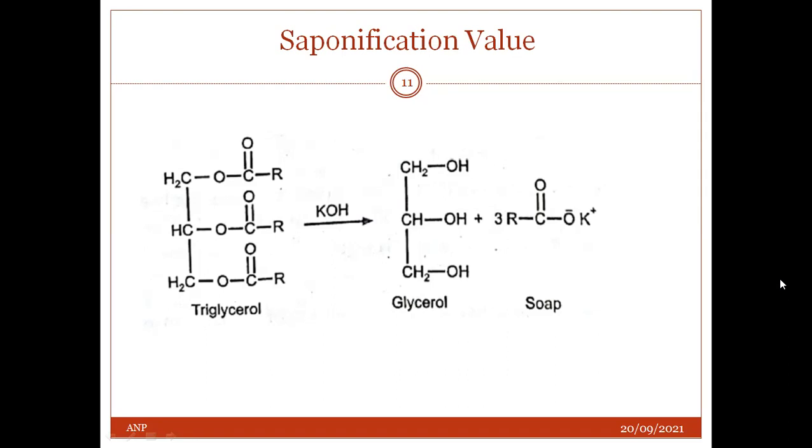That is your soap. So the amount of free fatty acid is estimated by determining the quantity of alkali that must be added to the fat to render it neutral. This is done by boiling a known amount of the fat with strong aqueous caustic soda solution, which converts the free fatty acids into soap, and the loss is estimated by subtracting this amount from the amount of fat originally taken for the test. So what is the significance of this saponification value?